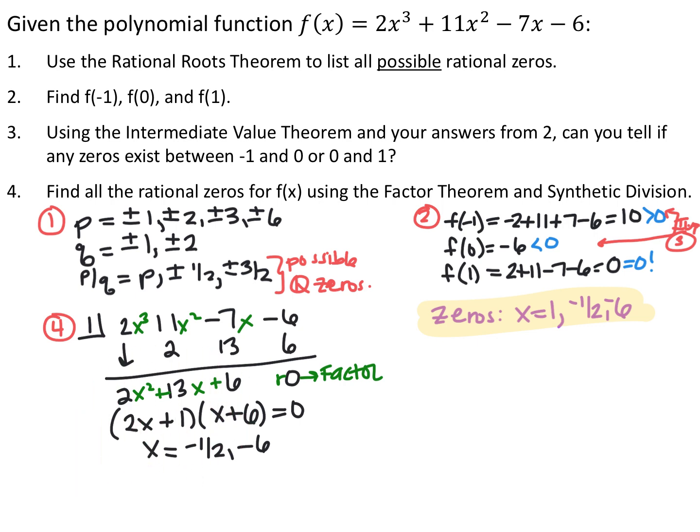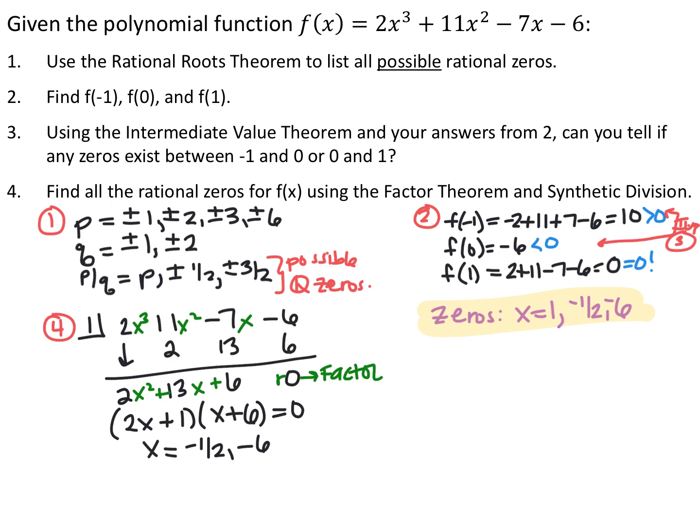So now I can solve this the way I already know how to solve quadratics, which is by factoring. And this does factor, and I get x equals -1/2 and x equals -6. We kind of assumed the -1/2 would work because of the intermediate value theorem here, and it did. So if you had chosen that one to start, you would have gotten the same values, x equals 1, -1/2,